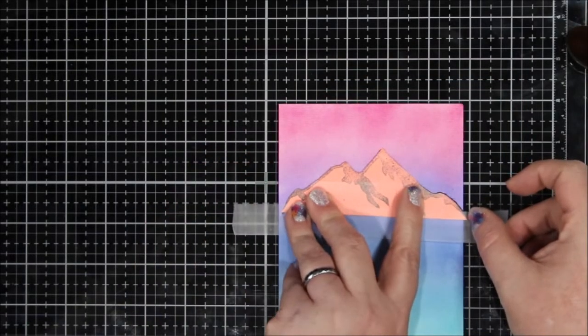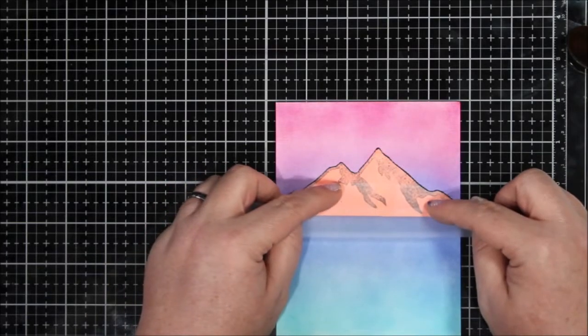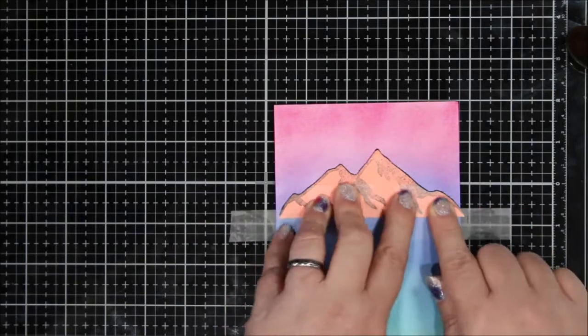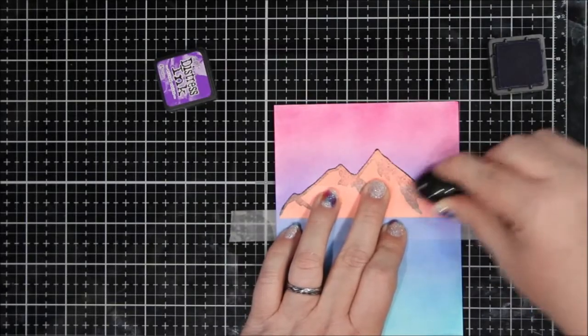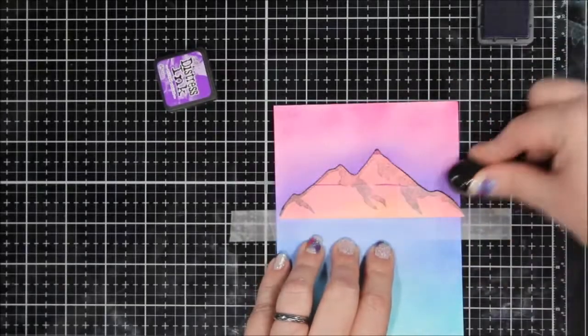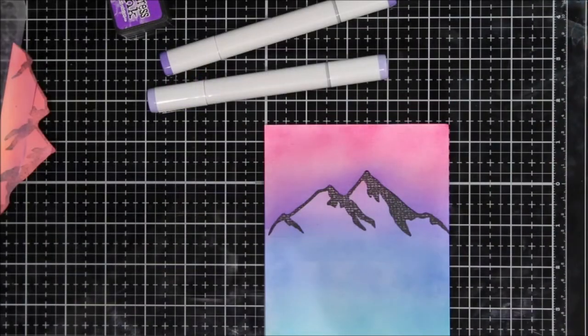I also don't have any masking paper currently, so I'm just using a Post-it note and some repositionable Scotch tape. I have covered the Post-it note with the Scotch tape and then used a piece to hold it down. It makes my mask waterproof and it held it in place. So I covered the mountains and then I blended over again with that purple to kind of give a glow